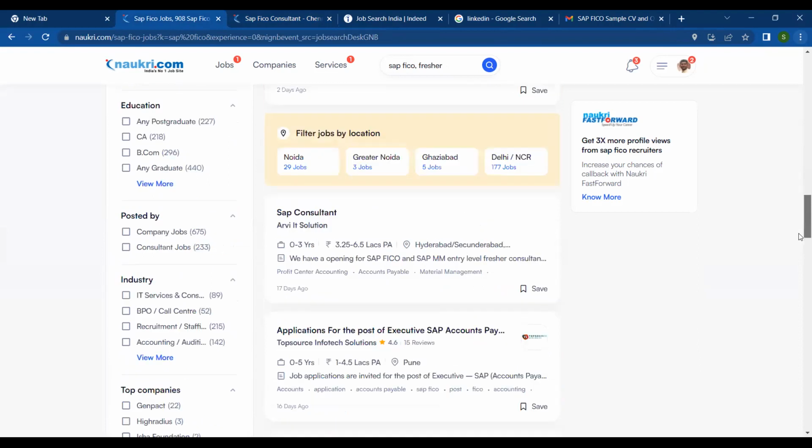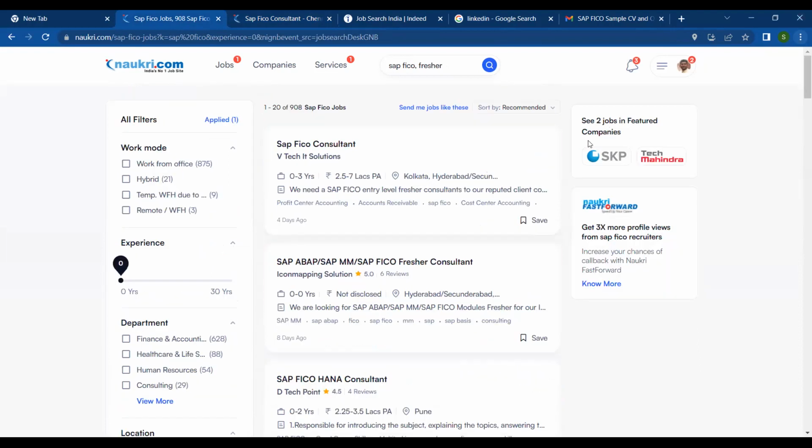So it would be wrong to say that if you are a fresher you're not getting a job. It's just that you should know the right way to apply and where to apply, and what points you need to mention on your CV so that your CV gets selected. First and foremost is your CV getting selected.